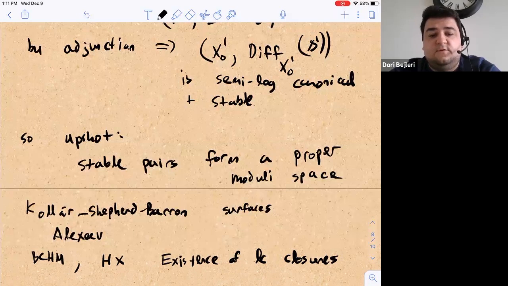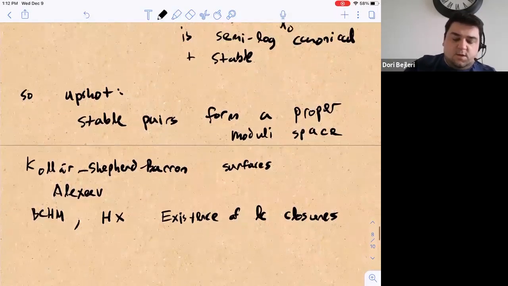Again, building off of the BCHM results. I just want to make sure that I got that right. Yeah, it's just Hacon and Xu for this paper. Okay, and of course, tons of other work in between these things, but at least the MMP portion and this notion of semi-log canonical singularities came from this work. Okay, and finally,